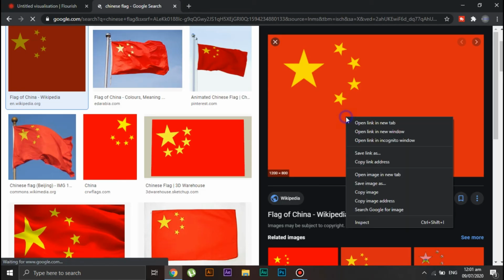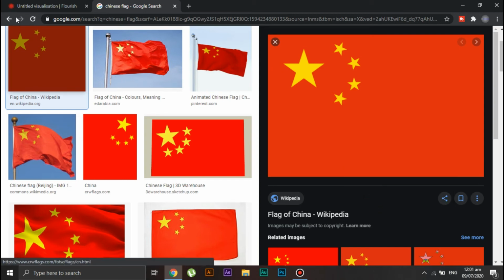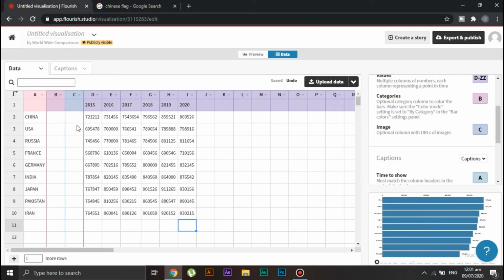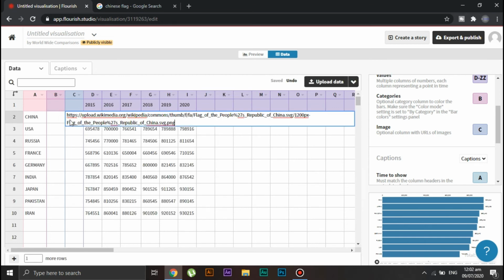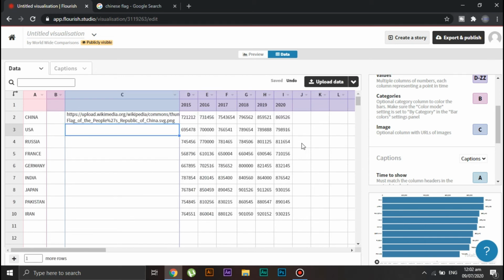Right click on this image, then click on copy image address. Now paste this image address in column C and then press enter. And as you can see that the Chinese flag is now appearing on its bar. And just like this, you can also add the flag of different countries on the bar.